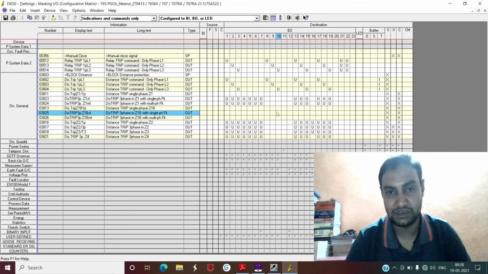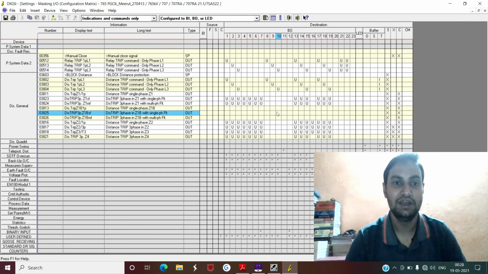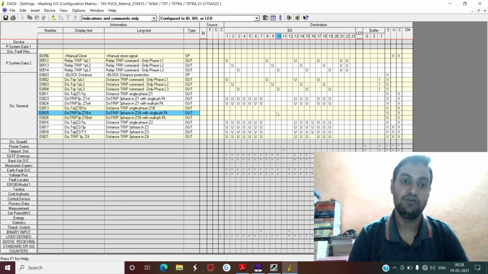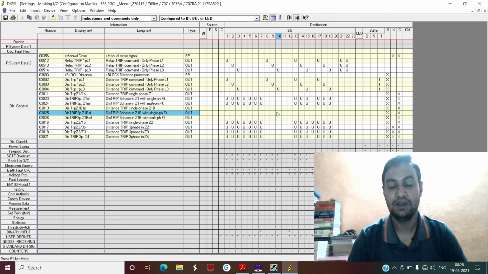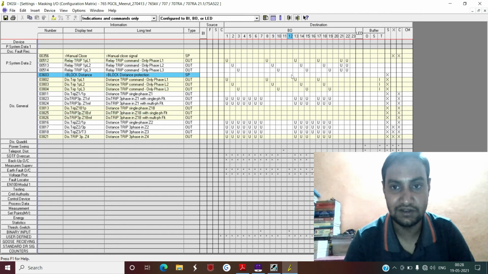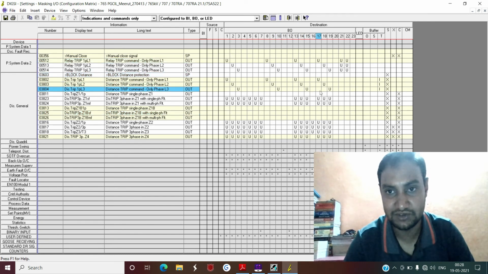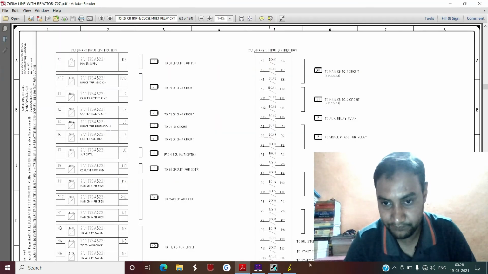You must configure this for all the cases, like distance tripping, various types of zones, SOTF, stub, earth fault, over voltage, and in this way 13, 14, 15. Now for the next, I think 17, 18, 19 must be the TC1.